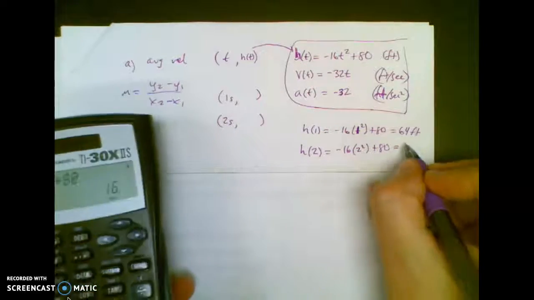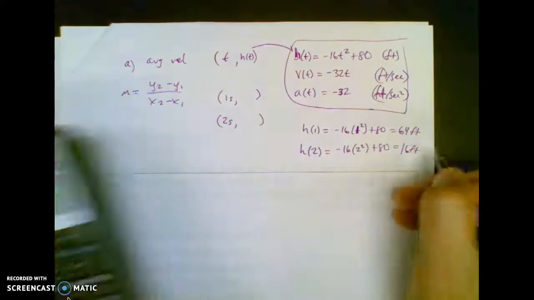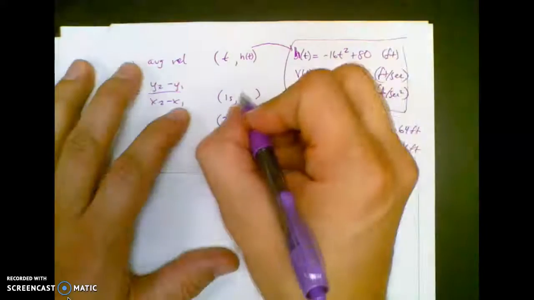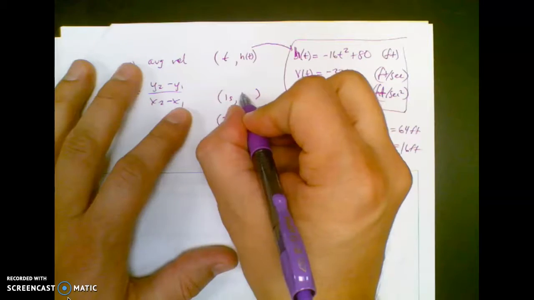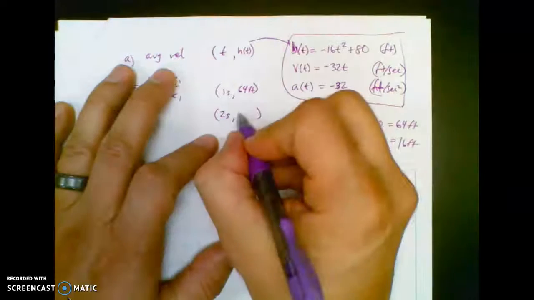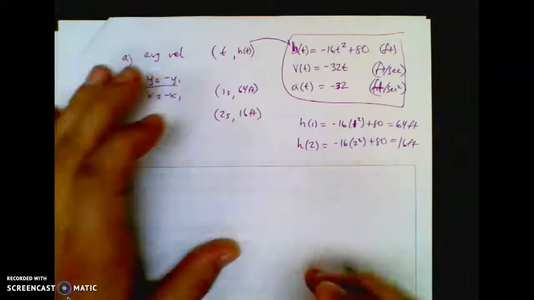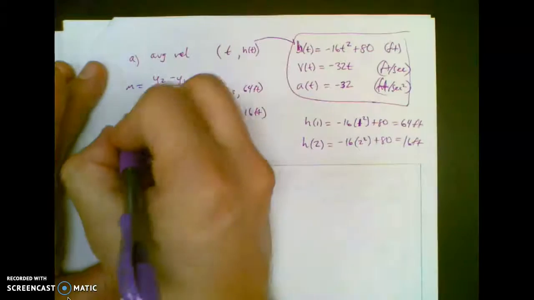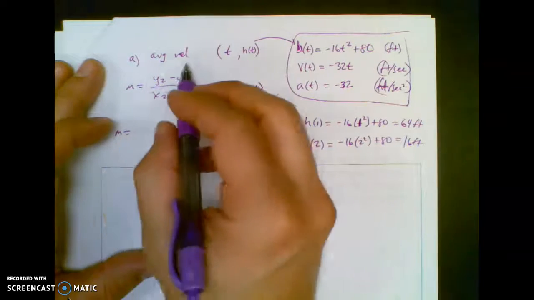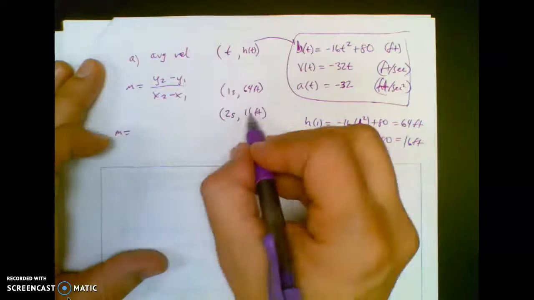Yeah, 16 feet. So at 1 second in, so you started at 80 feet, you drop the cat. At 1 second in, he's 64 feet above the ground. At 2 seconds in, he's only 16 feet above the ground. Hopefully flipped over by now. He's going meow. And your average speed, average velocity, is going to be y2